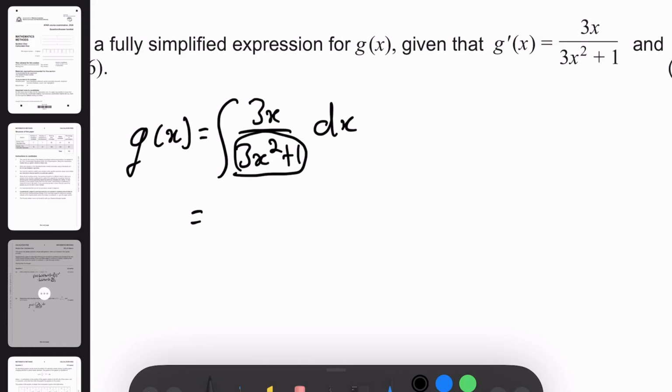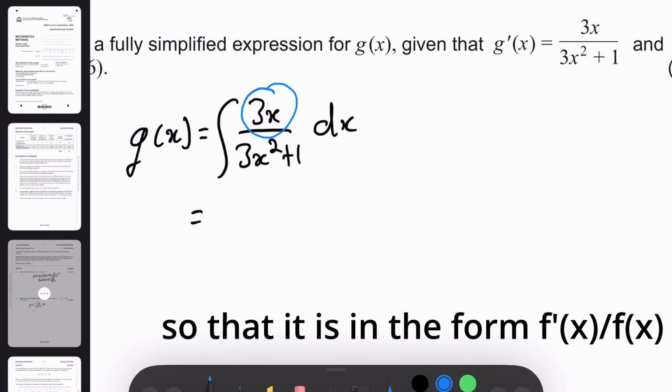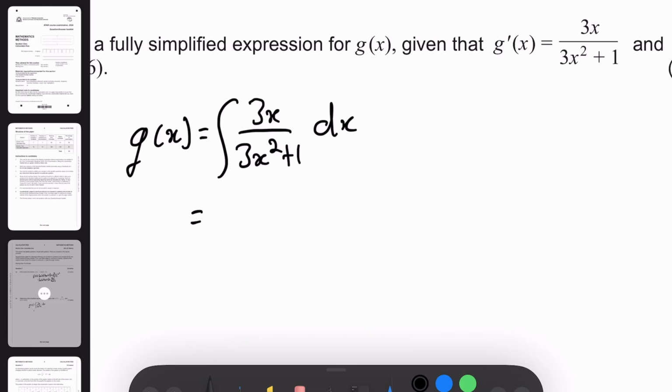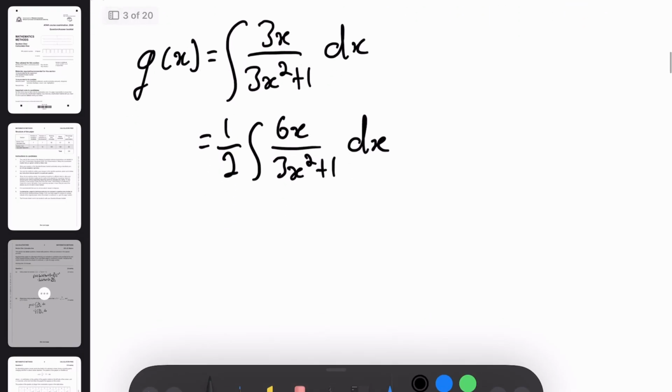If we think of the derivative of this, it's just going to be 6x, and that is very close to what we have at the top there. So if we get 6x here instead of 3x, we'll be able to integrate straight into an ln function. To get that, we have to multiply the top by 2. So if we multiply the top by 2, we have to divide outside by 2. Just like that. Then this will be very easy. This will just give us a half, and this will just be the bottom function